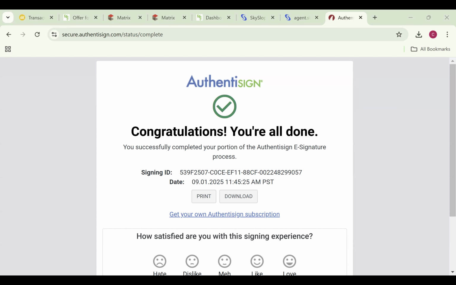If there's multiple signers, you'll receive one update for each client. And then once it's completed, you'll receive this email that's about to come in that says,